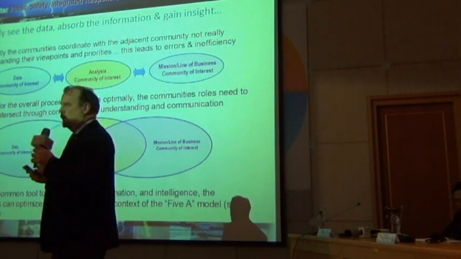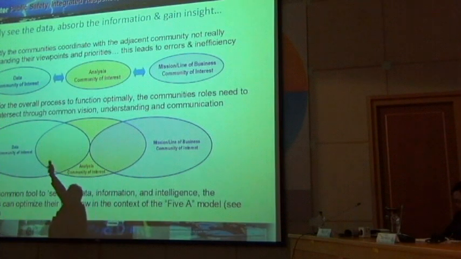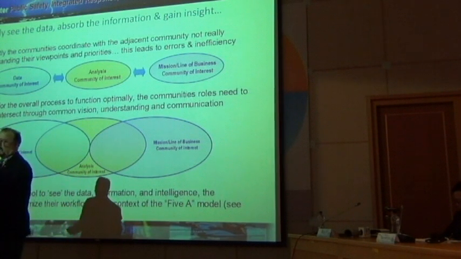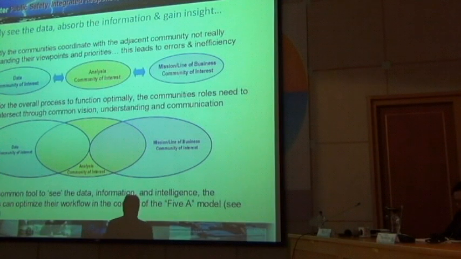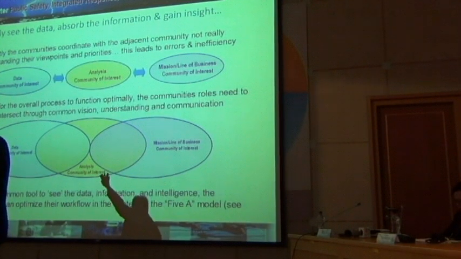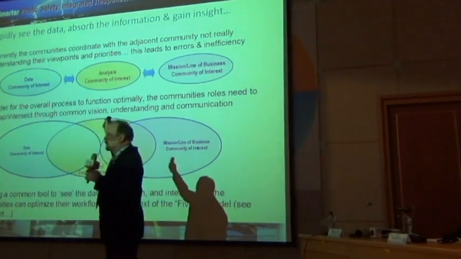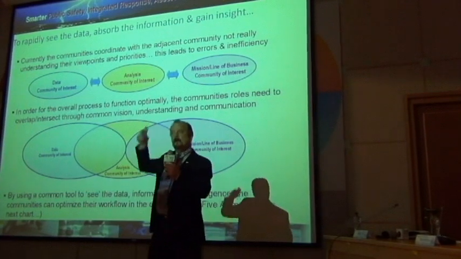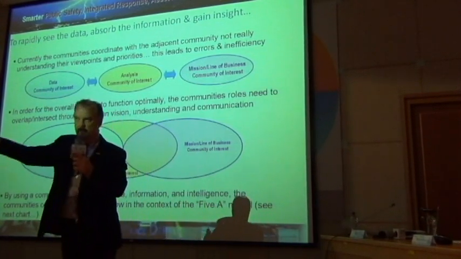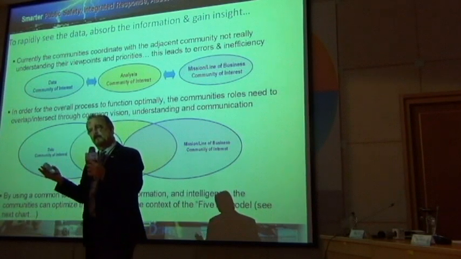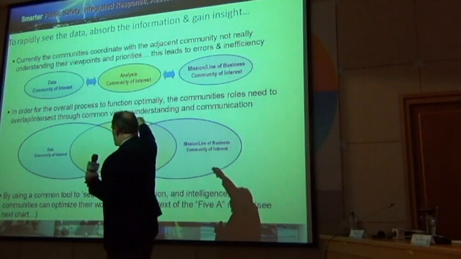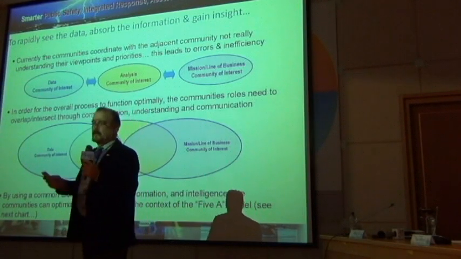Typically, what we see is the data people say, hey, I have a solution. Here, analysis guys, here's my IT architecture, here's my computer, here's my software. And the analysis people go, it's not really what I wanted. And so they kind of negotiate. Then the analysis people take information and turn it into a product for the people in the mission space. And they go, here's our really cool information. Here's our stuff. And the people in the mission line of business go, that's not really what I want. And they iterate over that. That is not an efficient system.